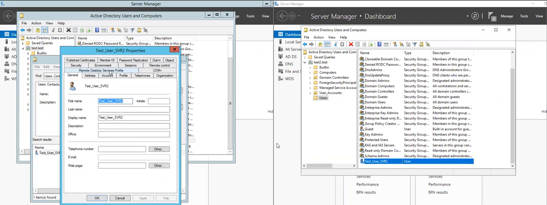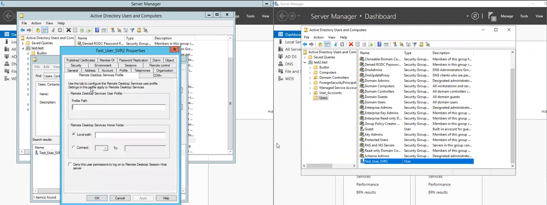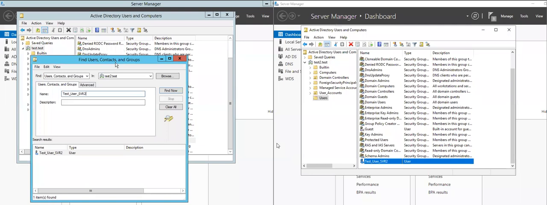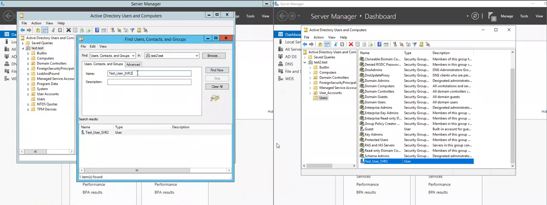And I can actually pull it up on view properties and so on. If I keep it on test2 and search for the 1 account, you can see that it's not finding it over here in this domain. But if I switch back to test.test,